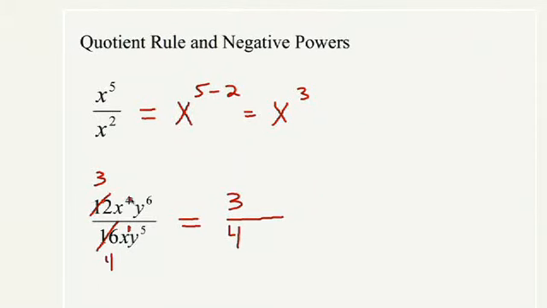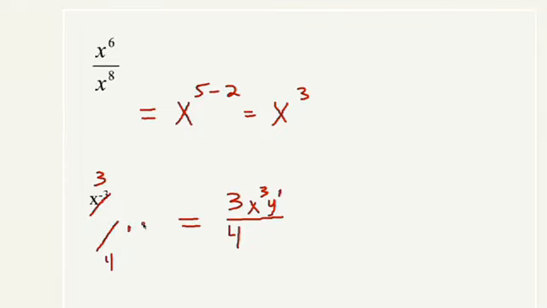All right, now, x to the fourth over x to the first is x to the 4 minus 1, or 3 power. And y to the sixth divided by y to the fifth is y to the 6 minus 5, or first power. And again, you don't have to put that 1 there. You could have just left it as y. Notice that these answers always go in the top of the fraction. That's where we put the answer to any of these quotient rule problems. All right, let's continue with a few more examples.